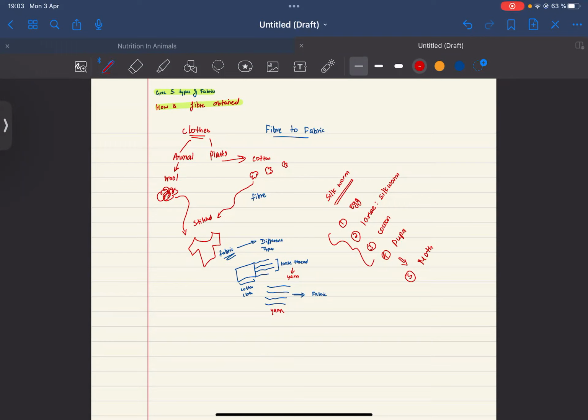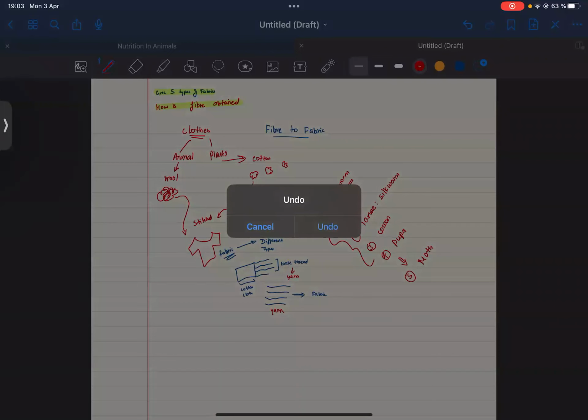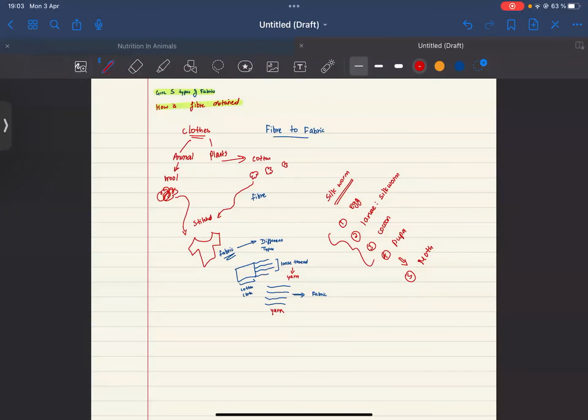Wool is obtained from the fleece of the sheep or the goat, and in some regions it is also taken from the hair of rabbits, and from camels too. And then you also have silk fiber that is got from the silkworm that I showed you the video about. For thousands of years, natural fibers were the only ones available for making fabrics. Earlier there were no other cloth sources.